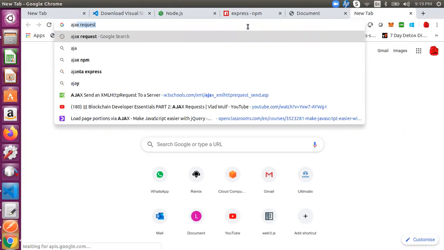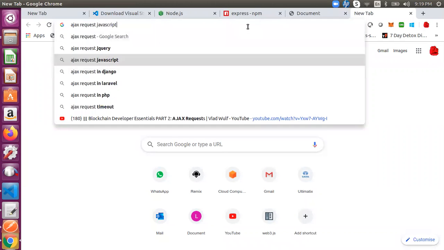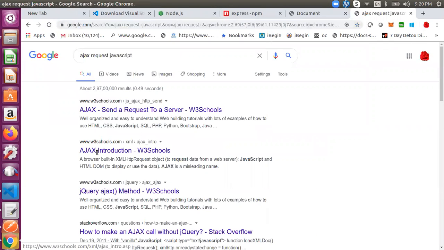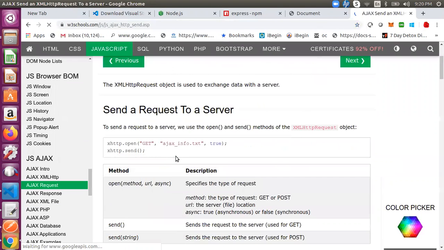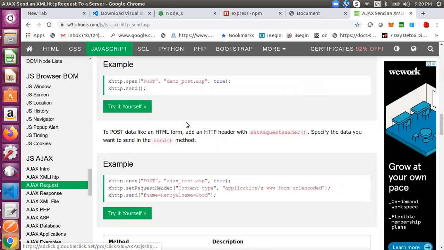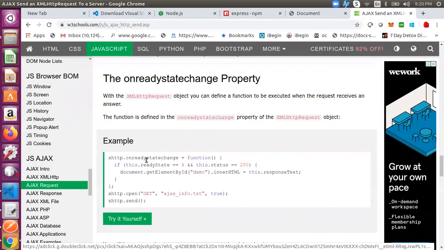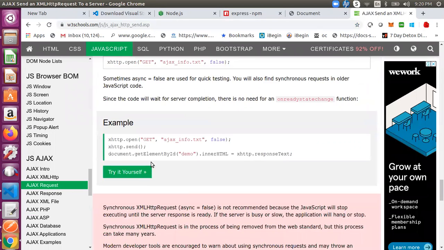I'll type in Google, Ajax request JavaScript. We need not worry about what an Ajax request is. Open the W3Schools result. There is some function which is readily available.